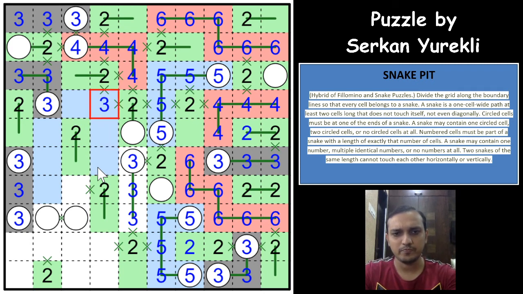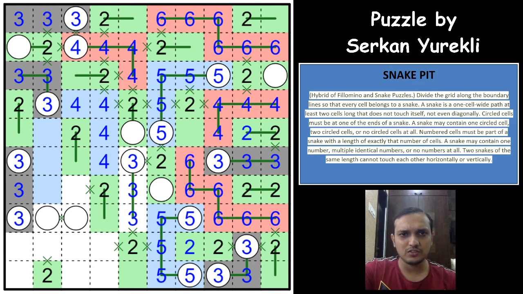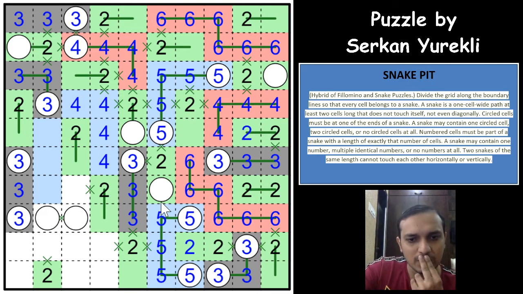Sorry. So we can mark that with the other color here. Okay, now this becomes the last part here. The bottom left part seems to be very tricky here, but let us see if we can solve that. So what happens if there is a cross here?